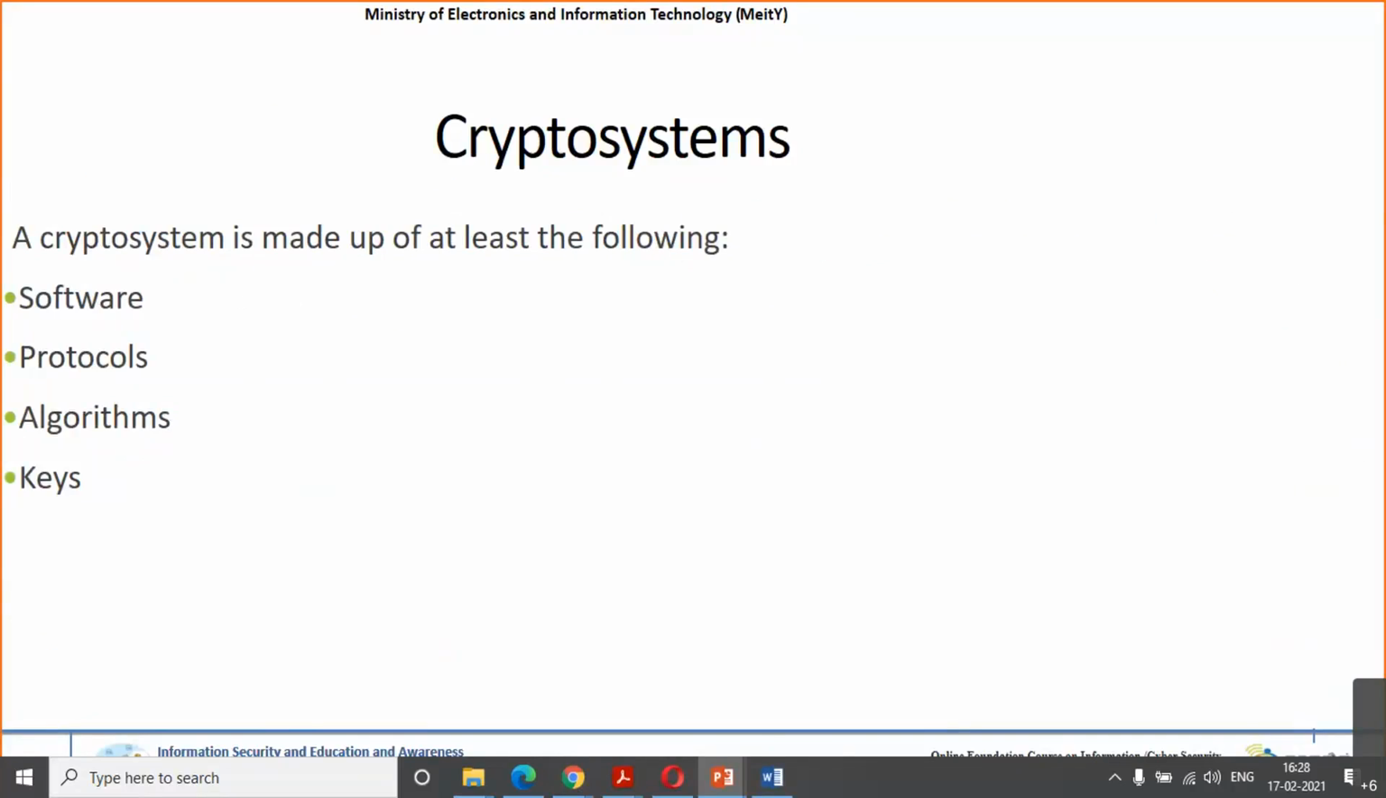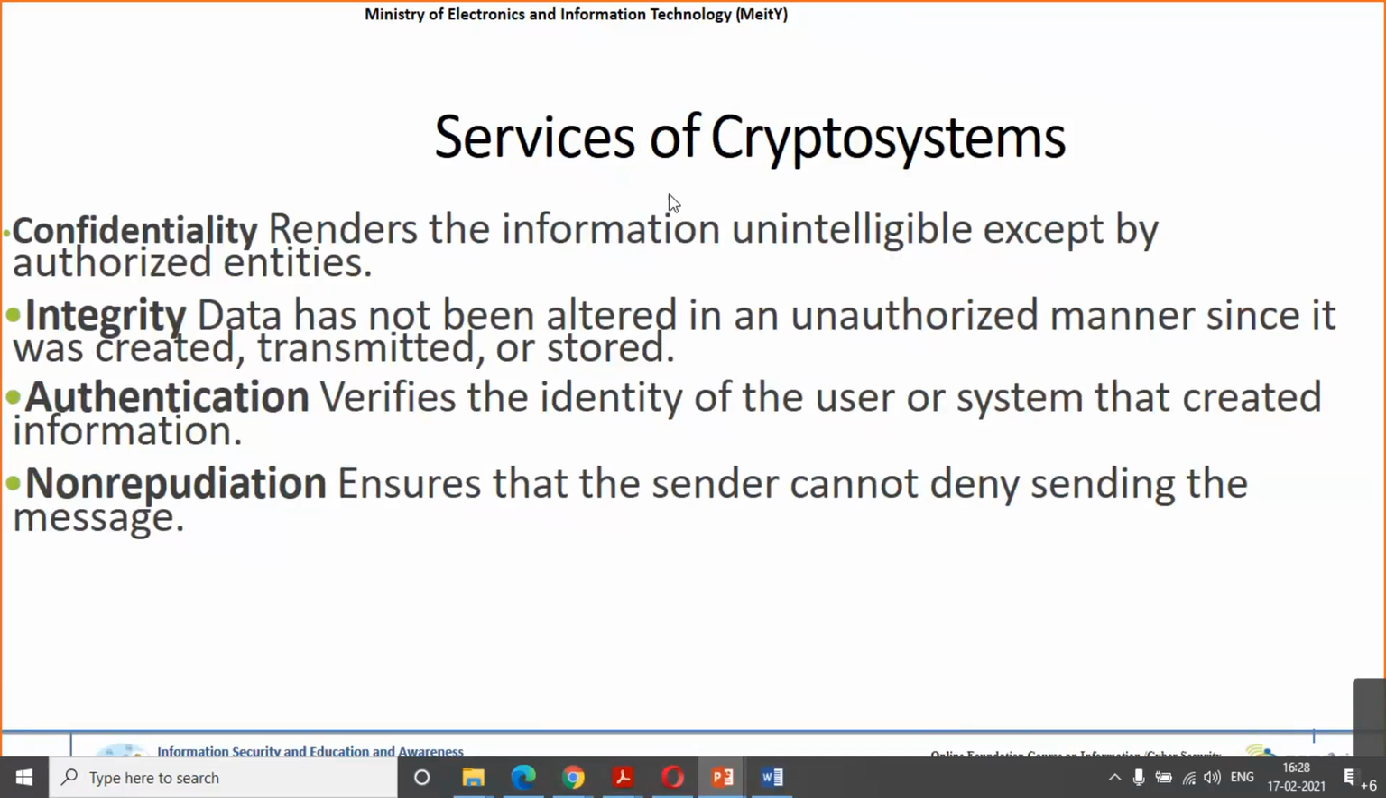This you have seen in all those security protocols in which cryptography was applied, whether it was SSL, PGP, or IPSec. And the services of a crypto system, as you have seen, are confidentiality, integrity, authentication, and non-repudiation. So you are clear: confidentiality, that is encryption; integrity, that is the correctness of the data;